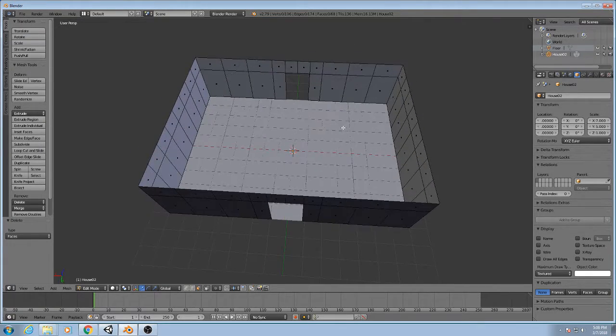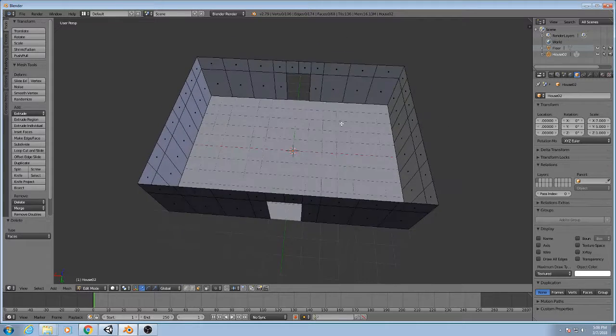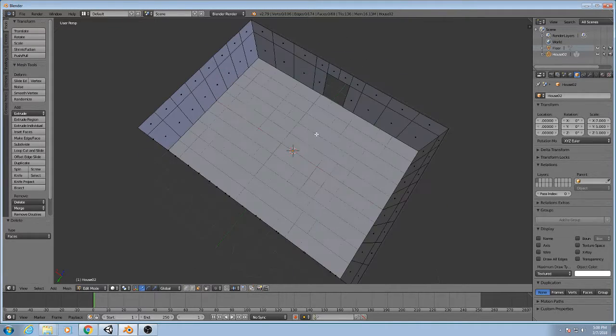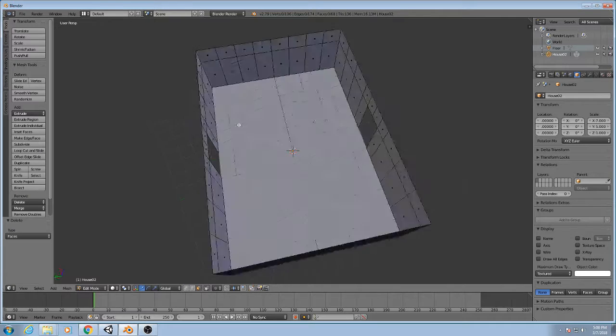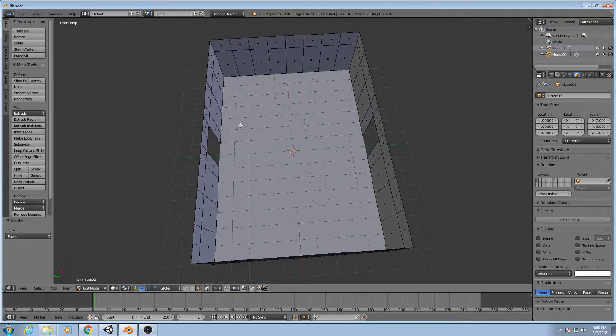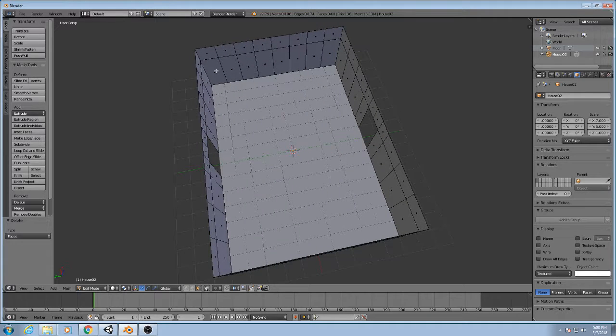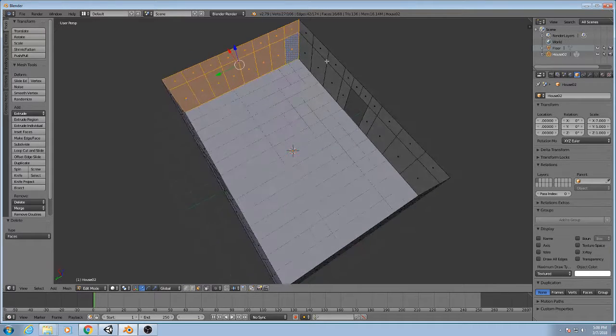Well, again, another simple way is, let's say, since we have doors on this side and doors on this side, we can select this whole area here. Alright, hold shift, make sure nothing else is selected, just this whole area here, alright, and then